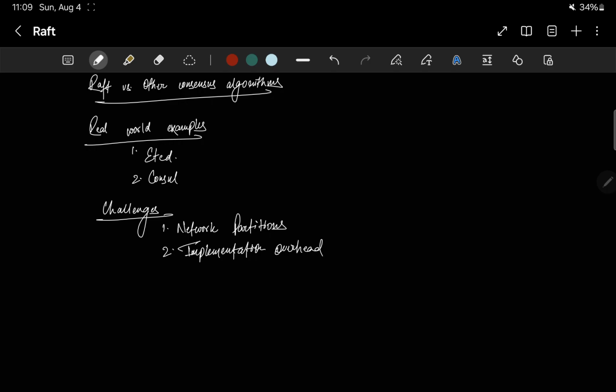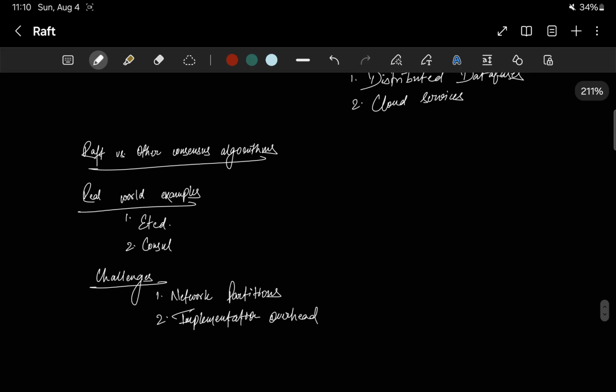While Raft is simpler than other consensus algorithms, it still requires careful implementation to ensure correctness and efficiency. Developers need to understand Raft's principles and design considerations to effectively implement it in distributed systems. Okay, so